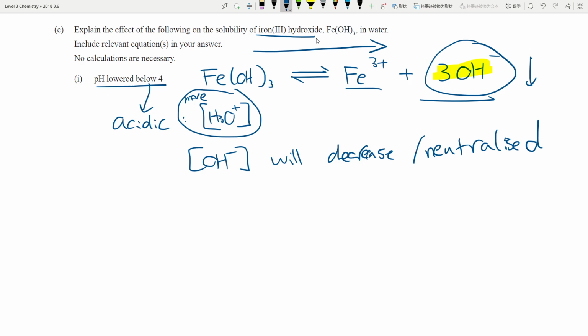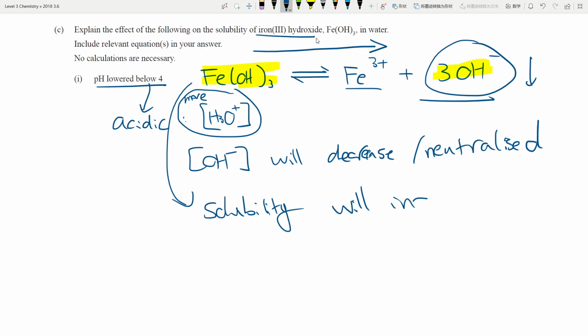As a result of shifting forward, the amount of FeOH3 would decrease. The concentration will be lower, more of the FeOH3, the solubility would increase. Okay, solubility will increase, the equilibrium shifting to the right, and you have more FeOH3 dissolving. Okay, so solubility increases. That should be pretty straightforward, but the key thing is, guys, always write down the equilibrium first,